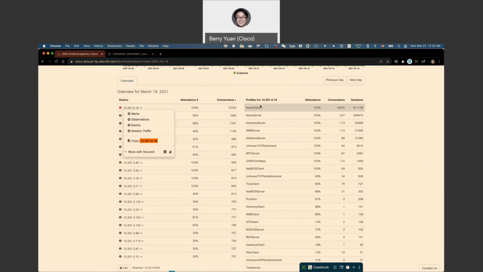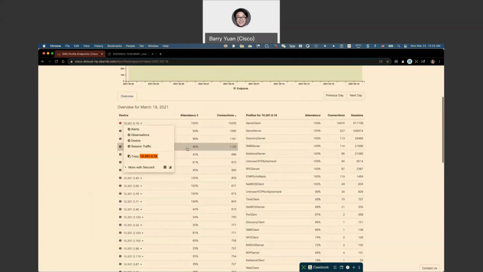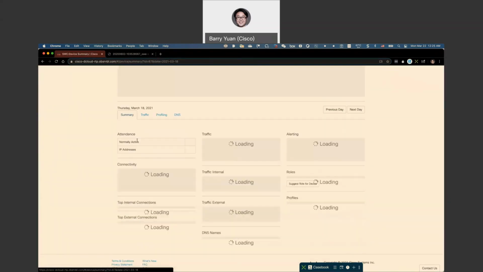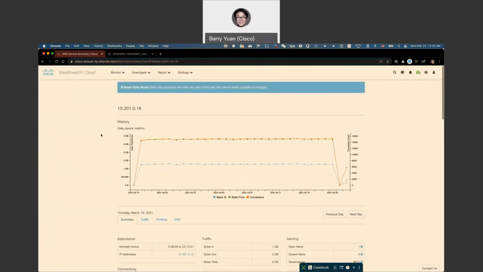And also, you can see the profiles that are assigned to this endpoint. As we have already known, it's a directory server, and it's also an SMB server and Kerberos server, and all those different profiles that it carries. And we can also drill into details with this endpoint, and we can see how much traffic it's generating